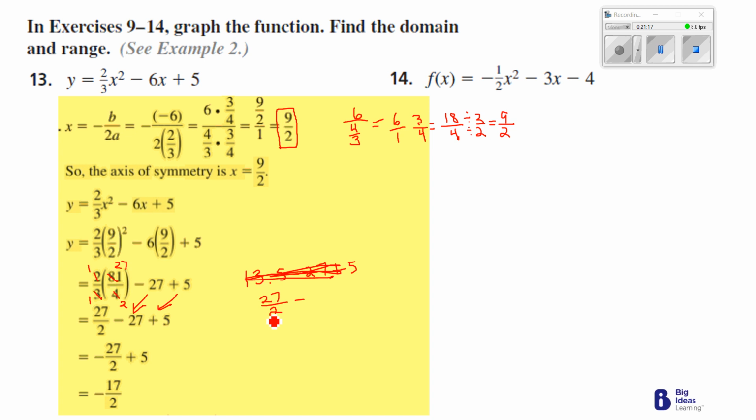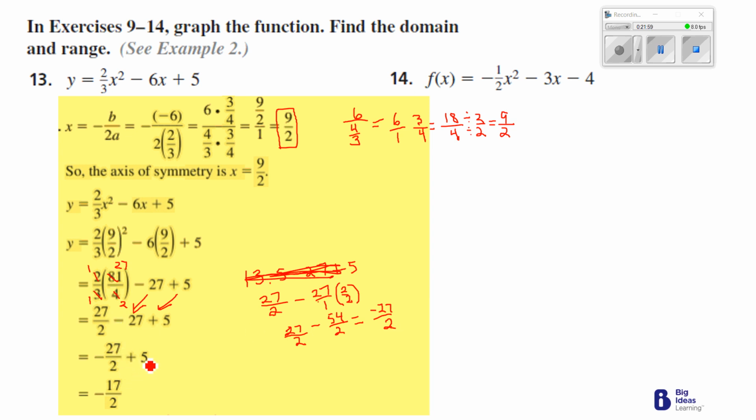Now, if I'm going to turn 27 with a denominator of 2, I'm going to have to take 27 and then multiply it to 2 over 2. And that's going to give me a negative 54 over 2. And now I got 27 over 2 minus 54 over 2. Well, 27 minus 54, that's equal to negative 27. And the 2 stays the same. So now you see where they got the negative